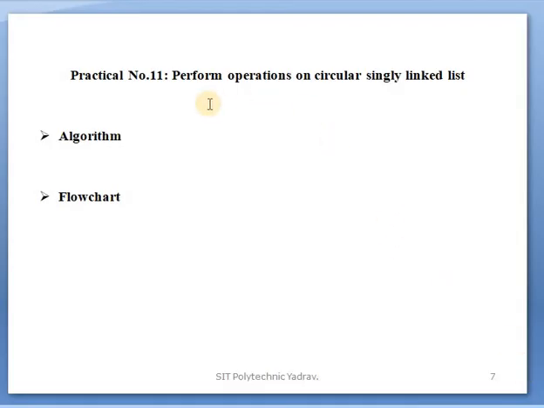This program performs operations on a circular singly linked list. This menu-driven program is under lecture number 46, the last lecture of unit number 4, which is completed. Each program is also explained and demonstrated through Turbo C++ software. Again, I will demonstrate how to run it using Turbo C++, but refer to lecture number 46 for understanding the program code.